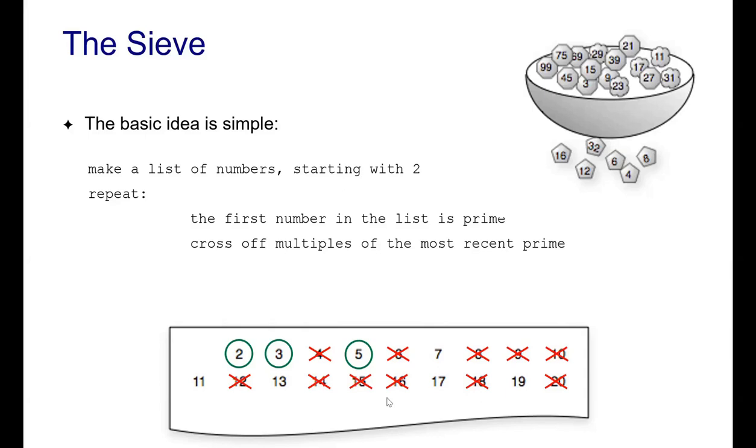Next, we go to the next prime number, that is 7. So multiples of 7 have to be identified. 14, which is already struck off. Then we don't have any other multiples of 7. The next prime number is 11. We don't have multiples of 11 at all, right? And then the next is 13. For 13 also we don't have multiples of 13 in the list.